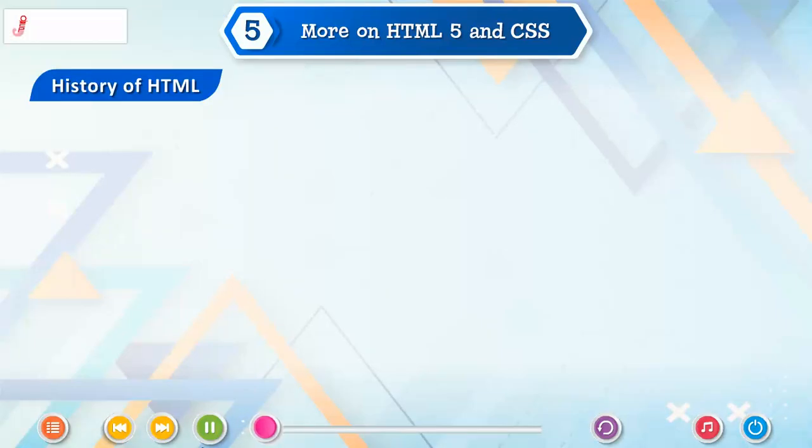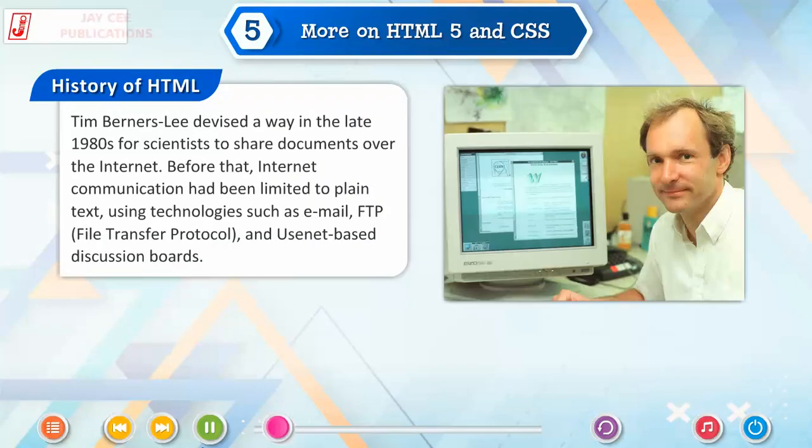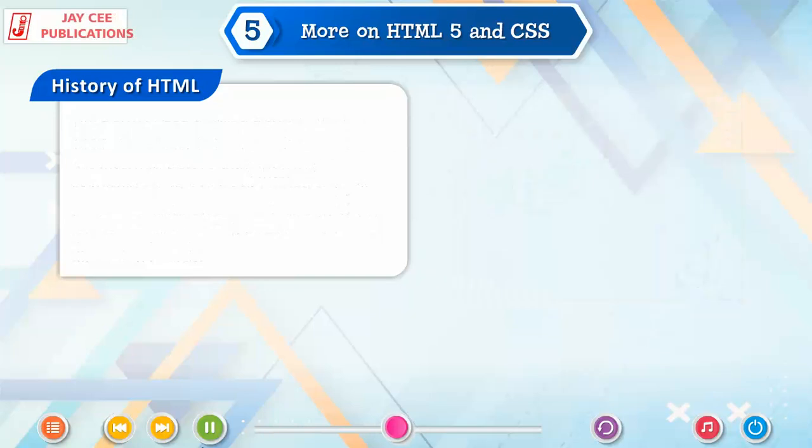History of HTML. Tim Berners-Lee devised a way in the late 1980s for scientists to share documents over the internet. Before that, internet communication had been limited to plain text, using technologies such as email, FTP (file transfer protocol), and Usenet-based discussion boards.